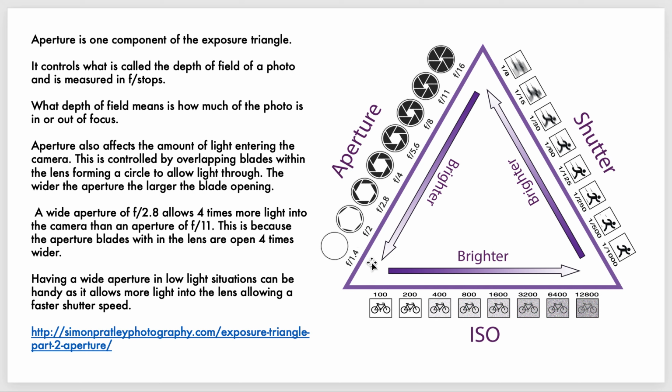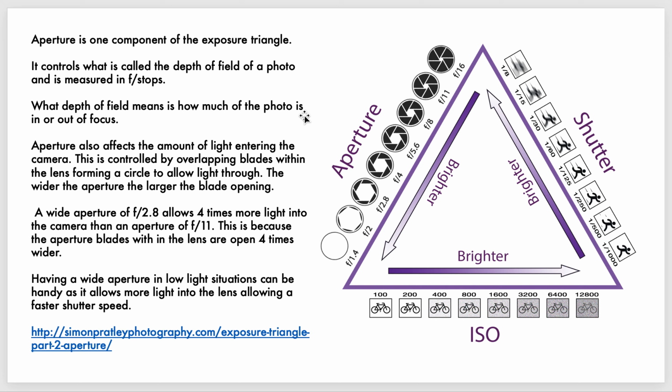Because it's a fraction, it's the reverse. So the smaller the number, the larger the opening. Okay, so you're going to see as this number on the bottom gets bigger, the blades get closer and closer, and less light comes in, and the smaller the opening. All right, so aperture affects the amount of light that enters through the lens of the camera into the body